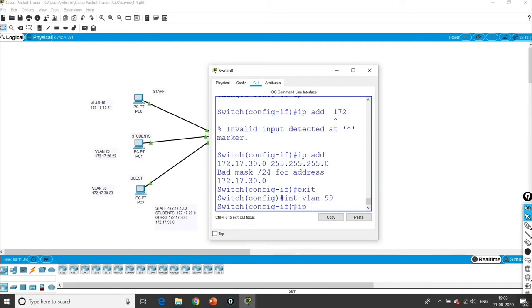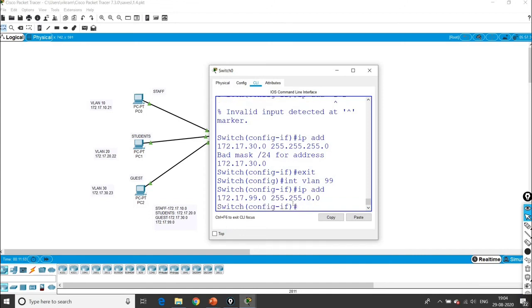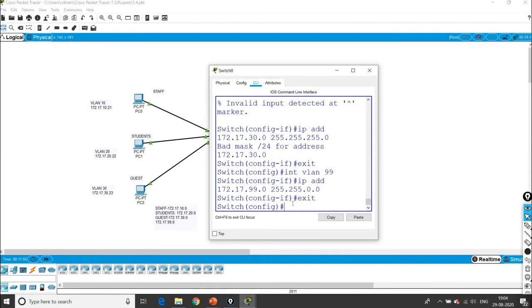So IP address, what is the IP address? 172.17.99.0 followed by the subnet mask. Okay, exit. Now on FastEthernet 0/1, change the native VLAN to VLAN 99, and allowed VLANs are restricted to 10, 20, 30 and 99.